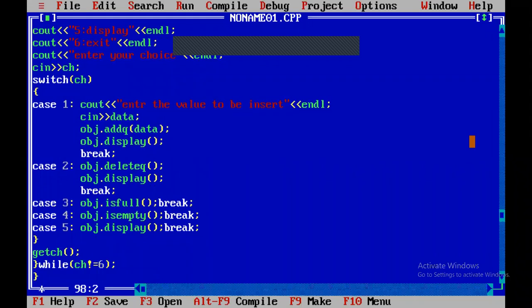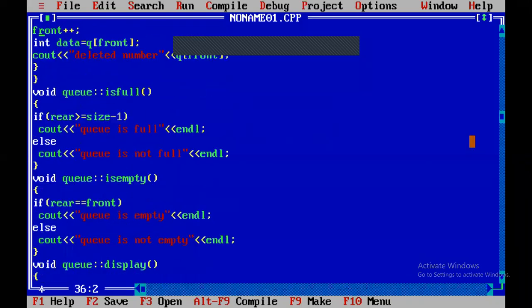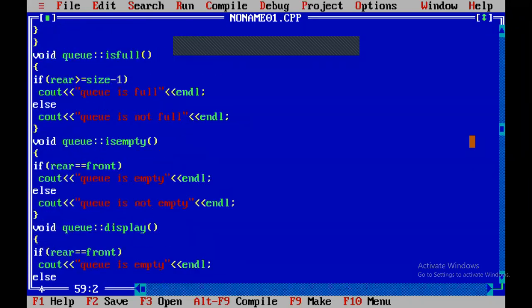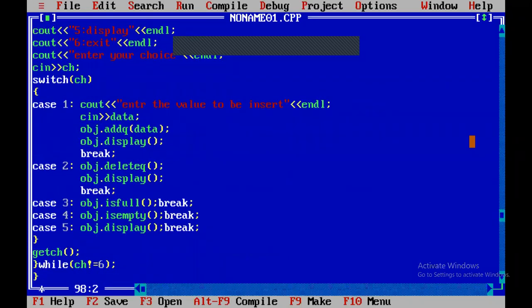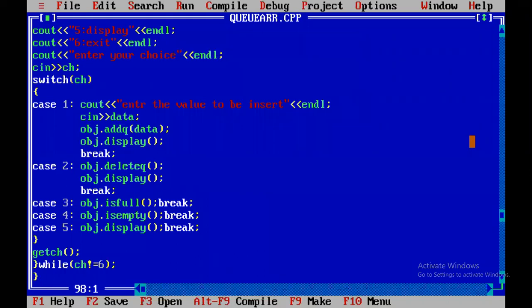So these are the modules we are using. This is the entire program. It's 100 lines of program. You should not learn the program by heart. You have to understand the concept and write it. Here it is 98 lines of program. We add one more line for breaks, so it will be 100 lines. Learning 100 lines of program by heart is very difficult. So I request all the students to understand the concept, what are the operations we are performing, and based on that you have to implement. If you go for learning by heart, you cannot.